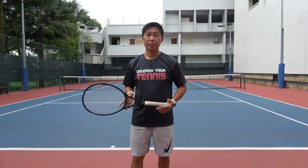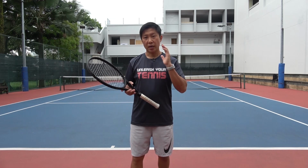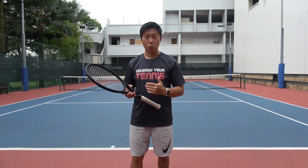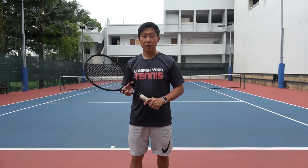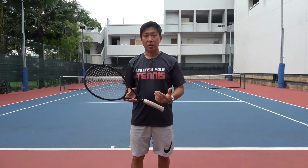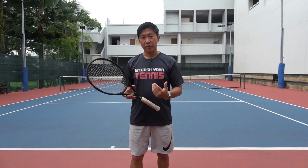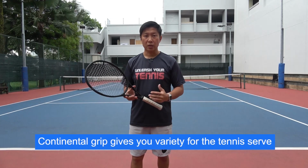The first tip is the most basic tip, and that is the grip. Now, if you're holding on to the Eastern forehand grip, we cannot do any magic to the serve. Be it hitting with power or applying different spin, we can't do it with the Eastern forehand grip. So the grip for the serve is the continental grip. I have mentioned this many times in the previous video that we have to perform the serve with the continental grip. In the long run, if you want to apply power and have a variety of spin,